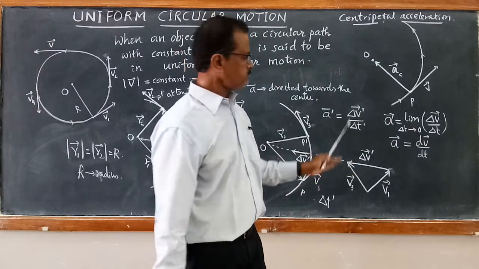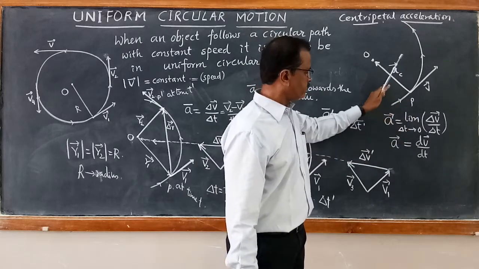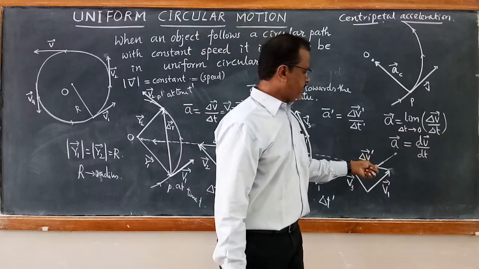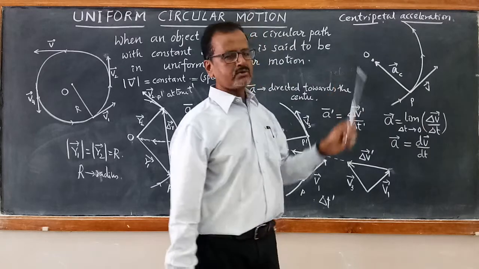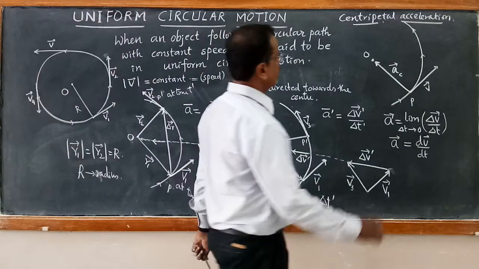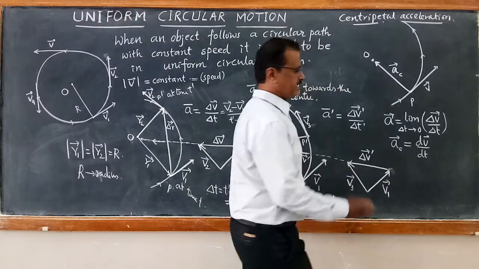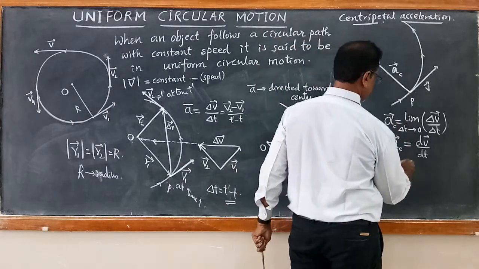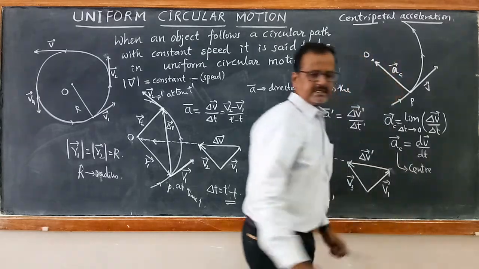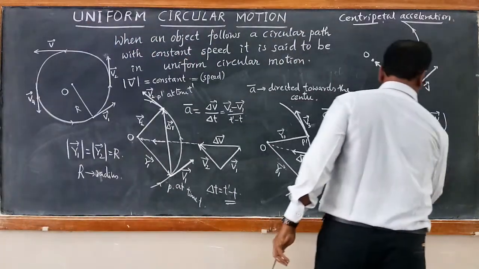Already we have defined the same thing, the same definition we make out here, and using this we can find out the magnitude, and the direction is also found using this graphical method. I think it is clear. So acceleration, since it is directed towards the center, is denoted by a c. So a c represents centripetal acceleration. Since it is directed towards the center, it is called centripetal acceleration.